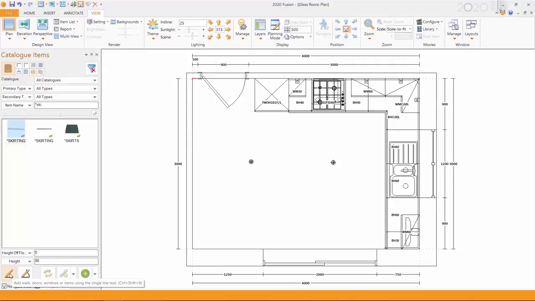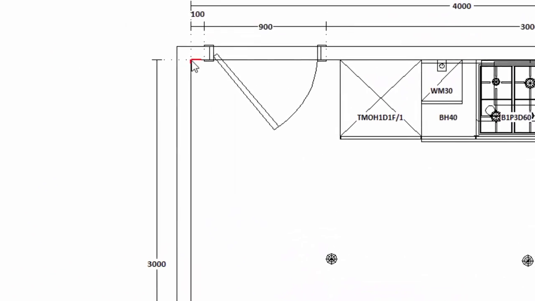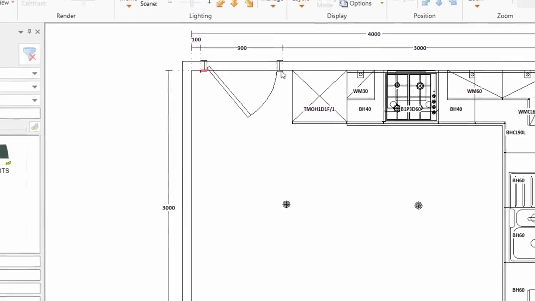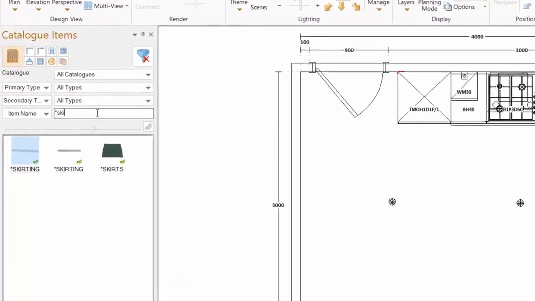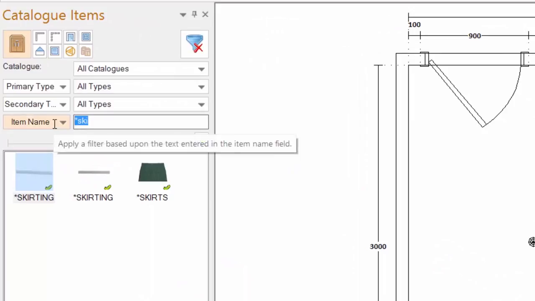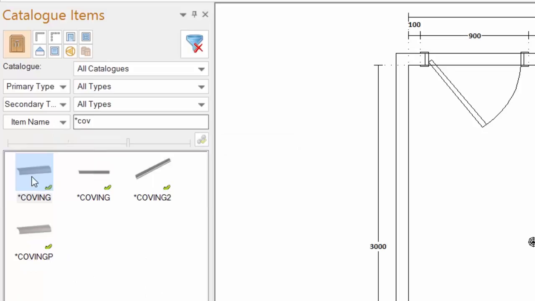But one of the things it does do with skirting is if I were to drag it through the door, it would actually be through the door. So I'm going to use a single drawing tool and say to the skirting, start there and finish there. And then I'm going to go back and turn it on again and click from here to there. And there's my skirting. Now if I were to change this selection to asterisk COV, it's got myself coving, and